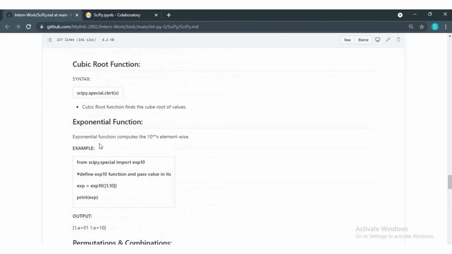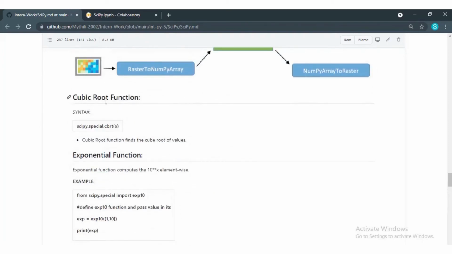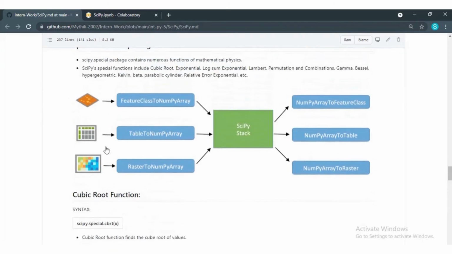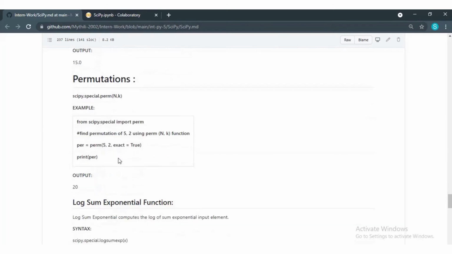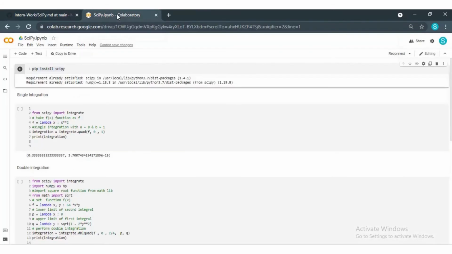It can be used for exponential function, it can be used for cubic root or finding quadratic roots. So these are all the various examples. It can be used for Fourier series, Fourier transformations, integrations, and many other advanced calculations. So if I have to show it in the code editor, here is a simple example where I have